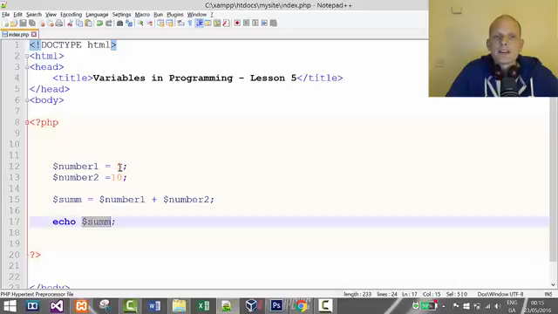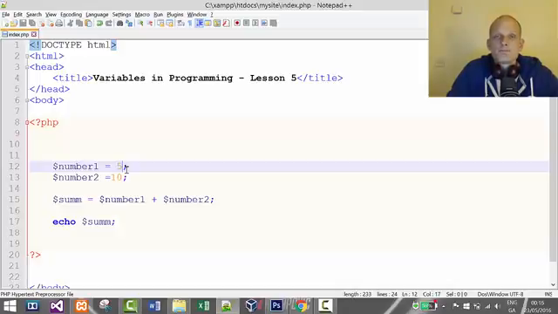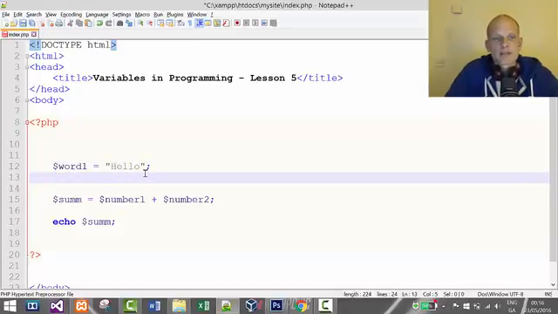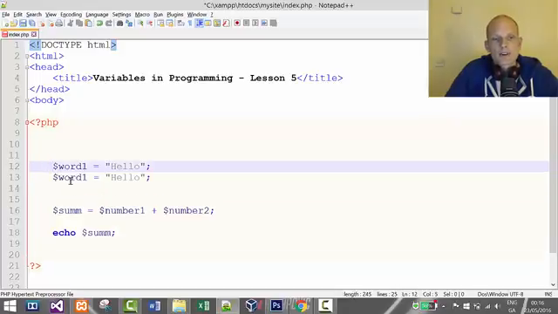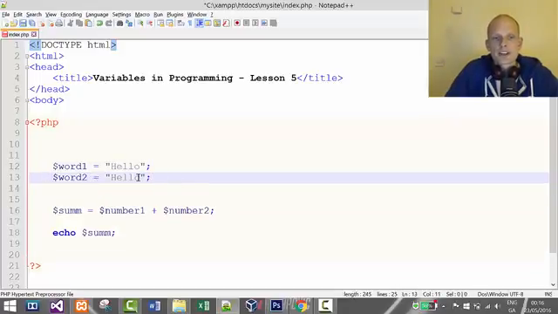And string values in programming languages, to create string values we use quotation marks. We use single quotation marks and double quotation marks, and about those in a separate tutorial, like I'm teaching you everything in smallest detail, I will explain you in further tutorials. But for now, let's just call first variable word1, okay, and in this variable we will add value with double quotation marks. We will add like hello, okay, and now we will delete this second variable and we will create another variable with word2, and we will say world, okay,